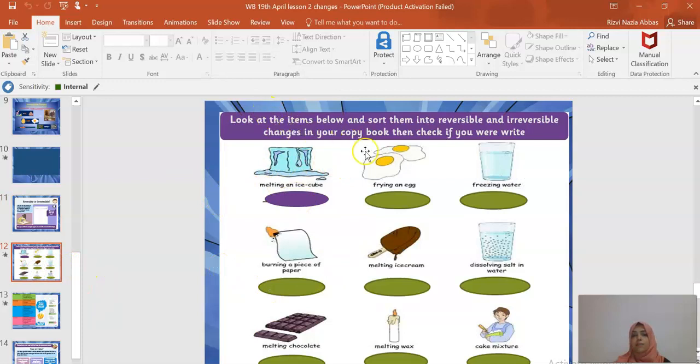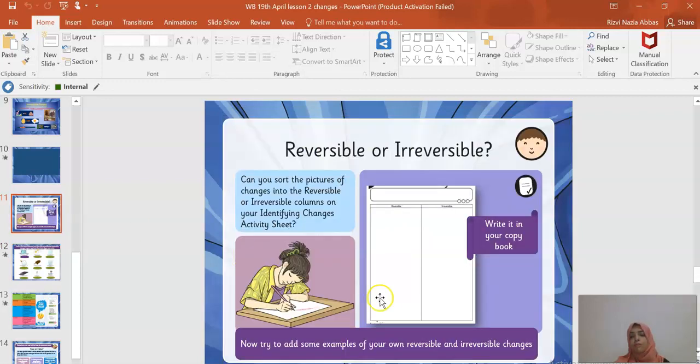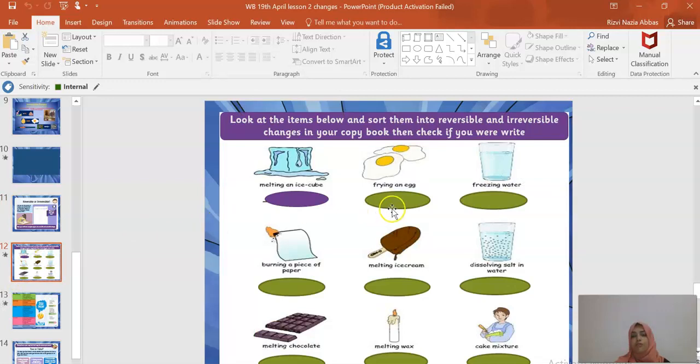These items you need to sort into reversible and irreversible changes. Melting of ice, where will you put it? In reversible change. In the same way, frying of egg, where should you put it? Sort these items into the two columns in your copybook.